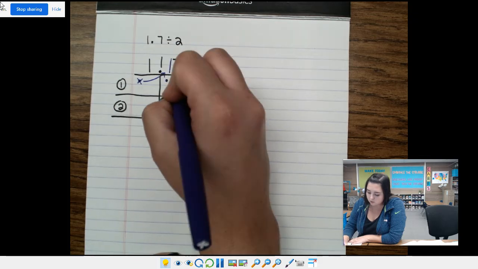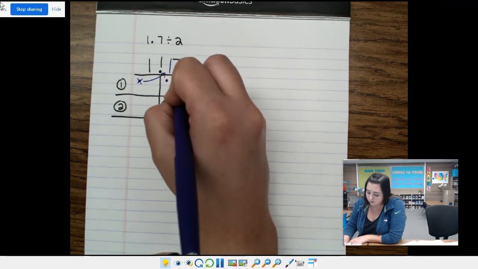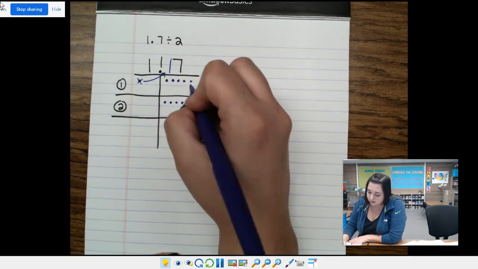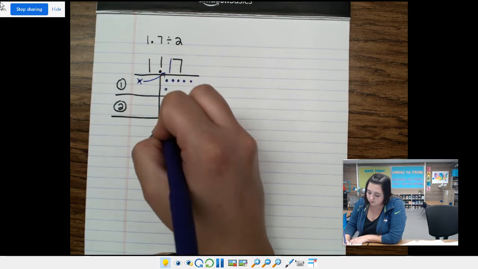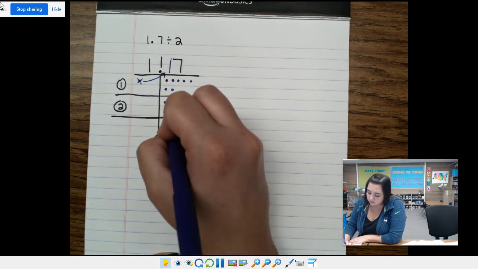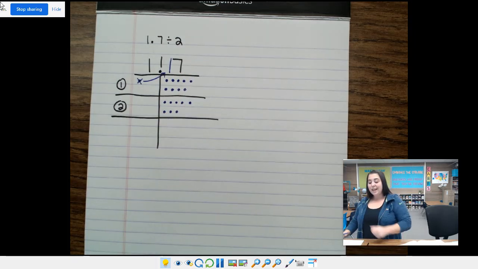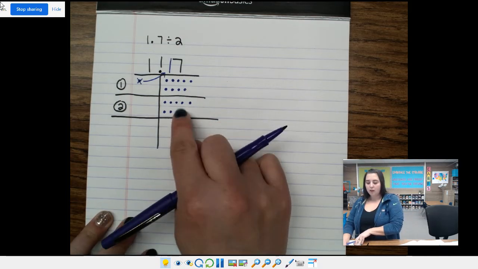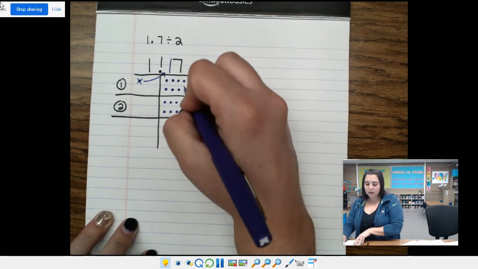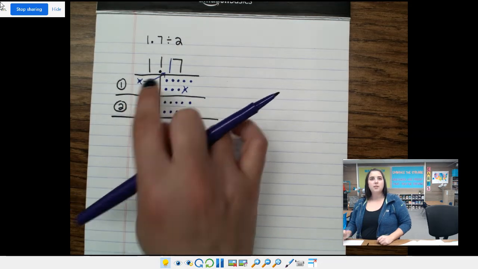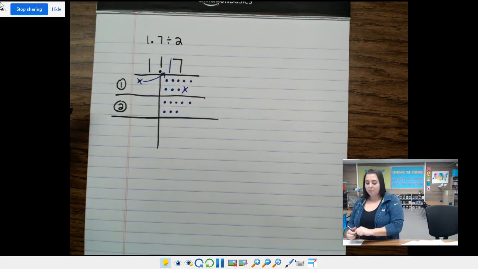1, 2, 3, 4, 5, 6, 7, 8, 9, 10, 11, 12, 13, 14, 15, 16, 17. It's not equal. This is what I was talking about. On top, I have 9, and the bottom, I only have 8. So I'm going to have to take that one away. What do you think we're going to do? I took one away over here. It went one column to the left. The same thing is going to happen. I need to add